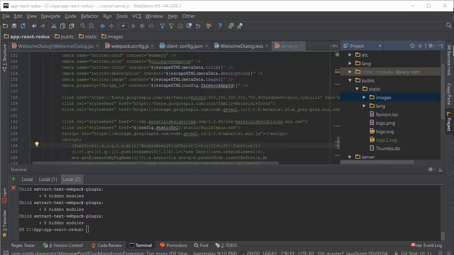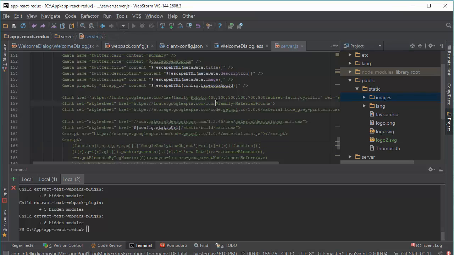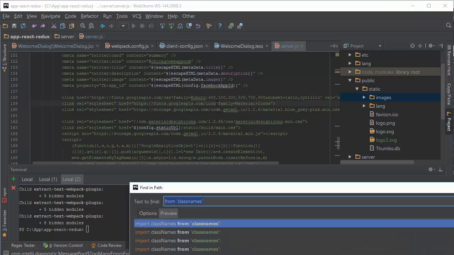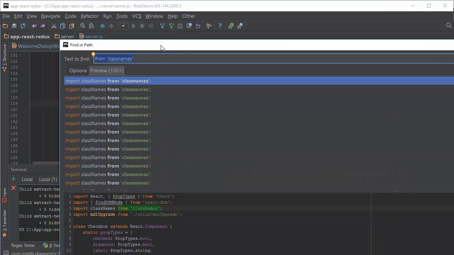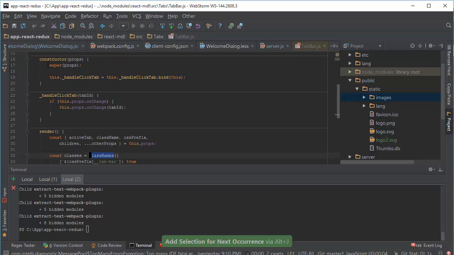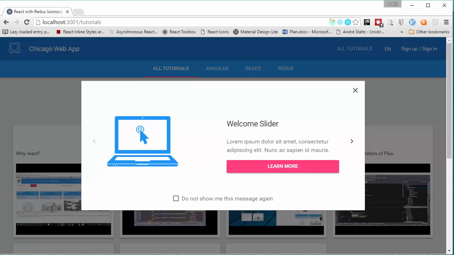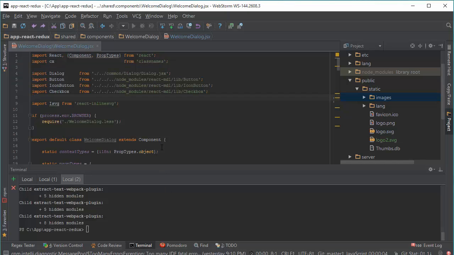Also, to have the possibility to use class names conditionally, we use the utility classnames, and I can find it like this. For example, here on the tab bar. And this application design is built using different user interface libraries. For example, the welcome dialog is created from